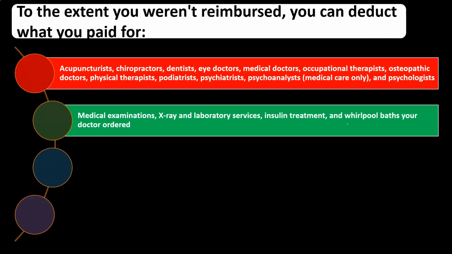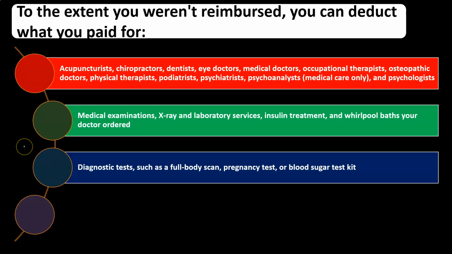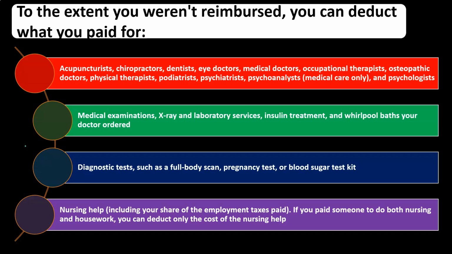You'd want to do research, and obviously if it was doctor recommended, then again, it could be an expensive item, of course, and you'd want to make sure that you've done the research to claim the deduction and documented everything that you need to do if there's something of that nature. Diagnostic tests such as full body scan, pregnancy tests, or blood sugar test kits,